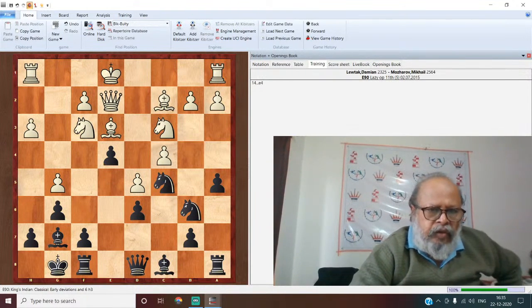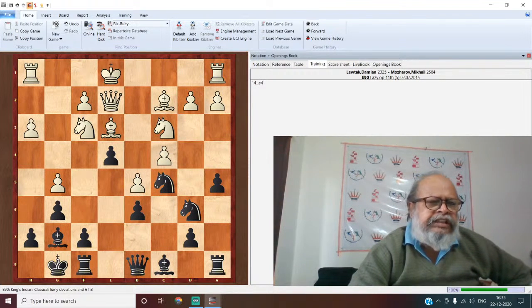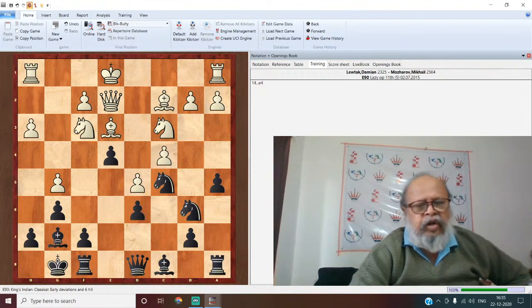So good move. Opening the position, king in center, bishop diagonal open,